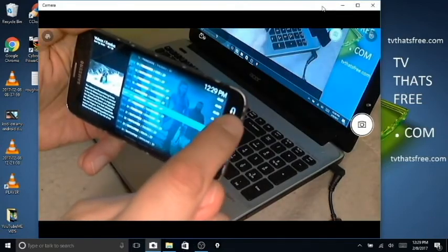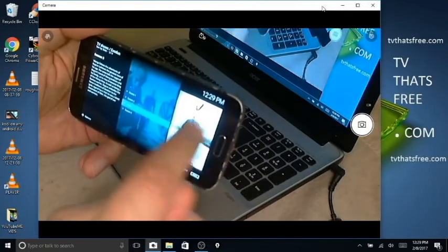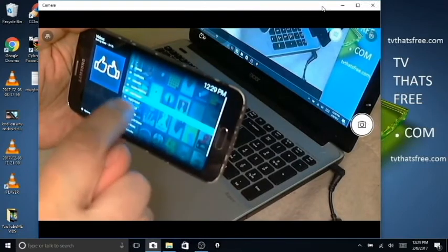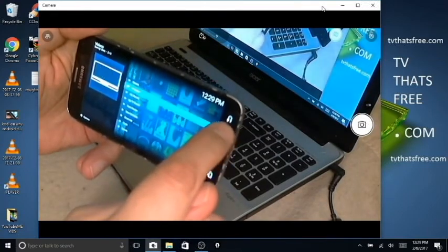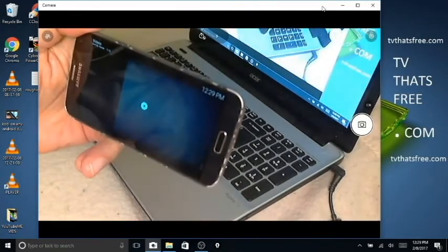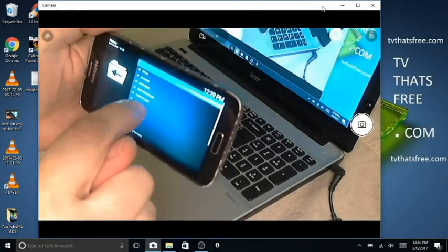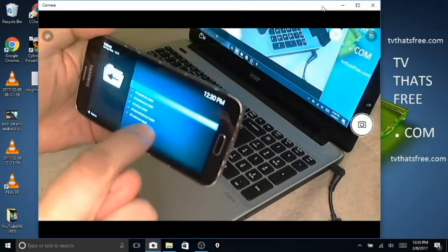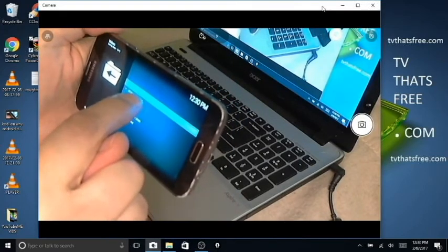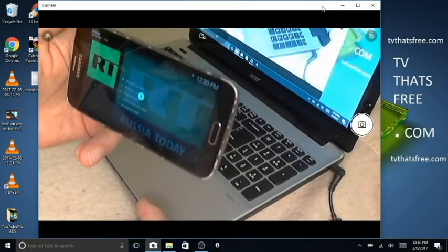And I'm going to hit the back button on my device to just go back a screen and so on, because I could pick another show just the same. And if I go back far enough here now, I could actually go into, for instance, let me see, I'll just keep hitting back. I could go into another app like the RT News channel, for instance, and I could do the same sort of thing. I can, let me see here, RT Live is the first link. I can go ahead and pick this one right here, live, and in a moment as it's launching here,